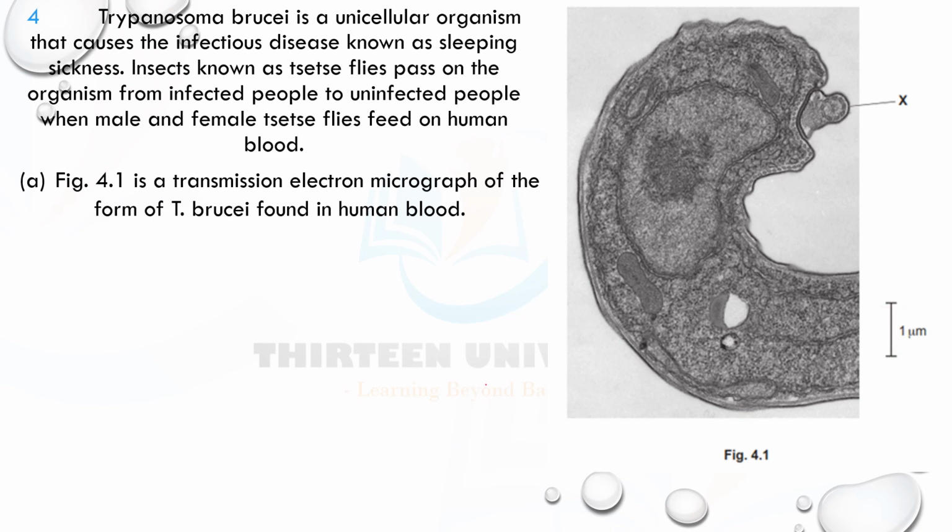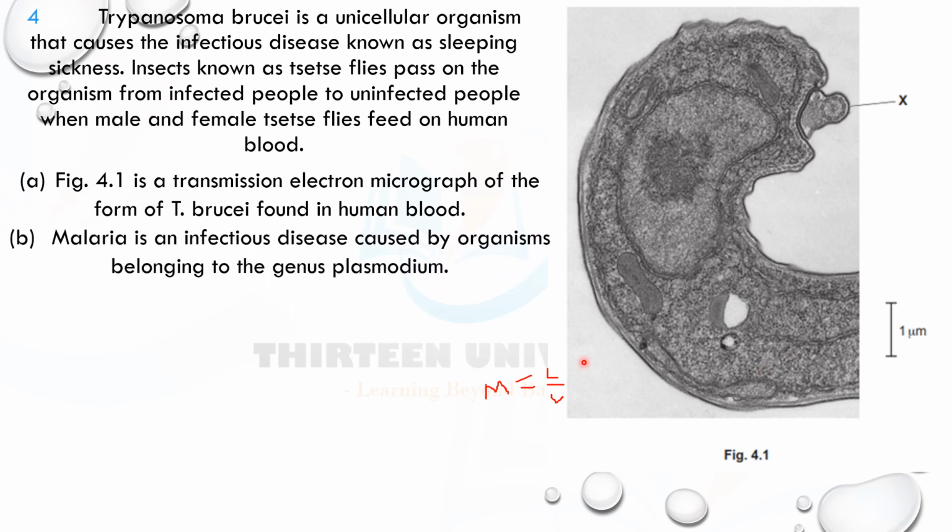So you measure the length. Of course, magnification is image over actual, but that image is measured by the length of the scale bar over the value of the scale bar. So if you measure that scale bar in centimeters, you multiply by 10,000 to convert centimeters to micrometers, and then divide by 1. Okay, that is it.